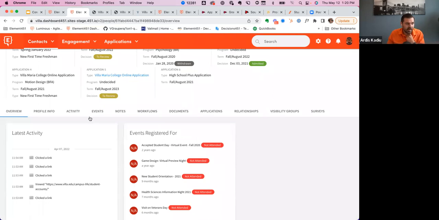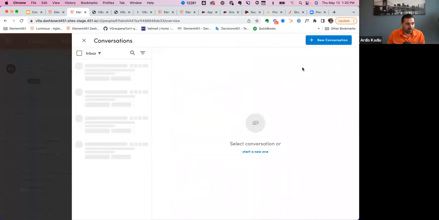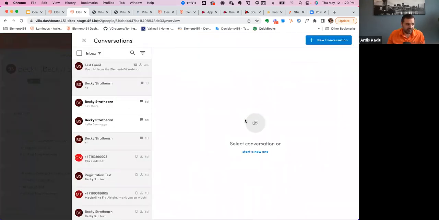And the reason for that is because we're actually working on a new layout for profiles, which is going to be more contextual, boltified, the way we're thinking about it. And the conversations are going to appear, and a lot of things are going to open in context. And in this case, we have added conversations on the sidebar.